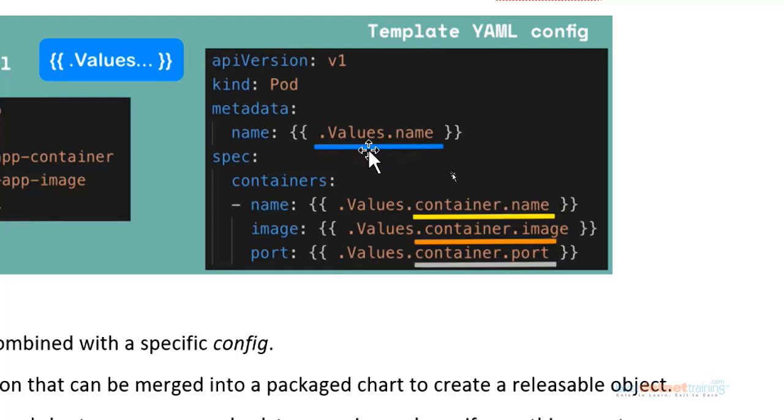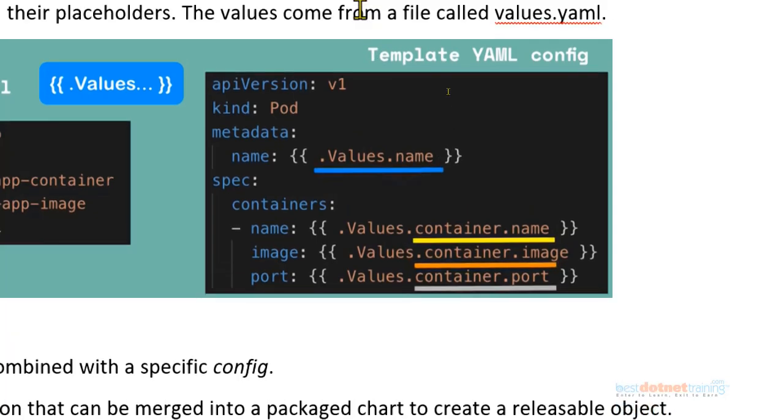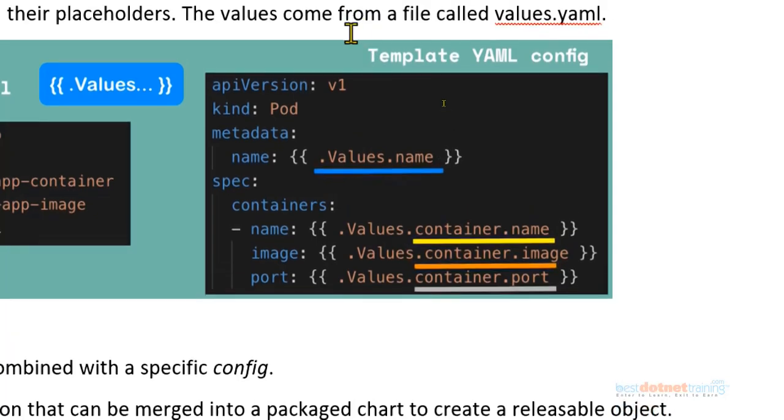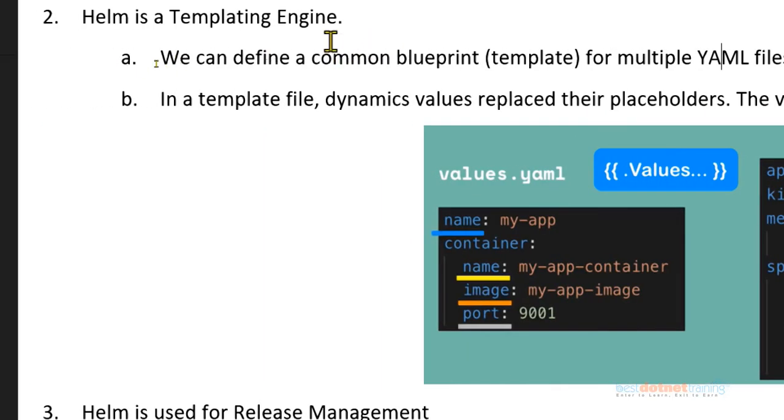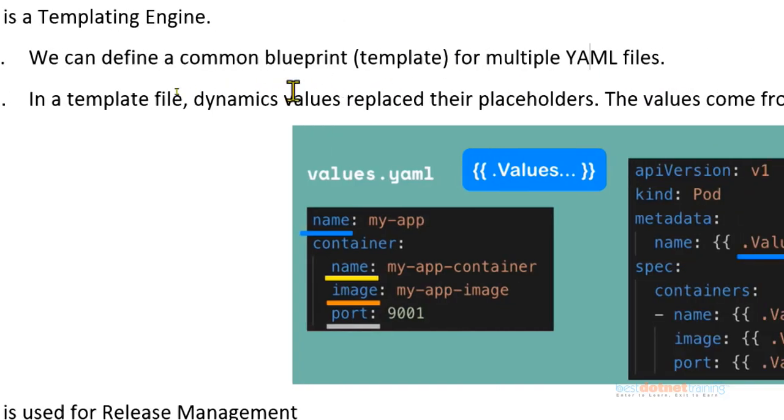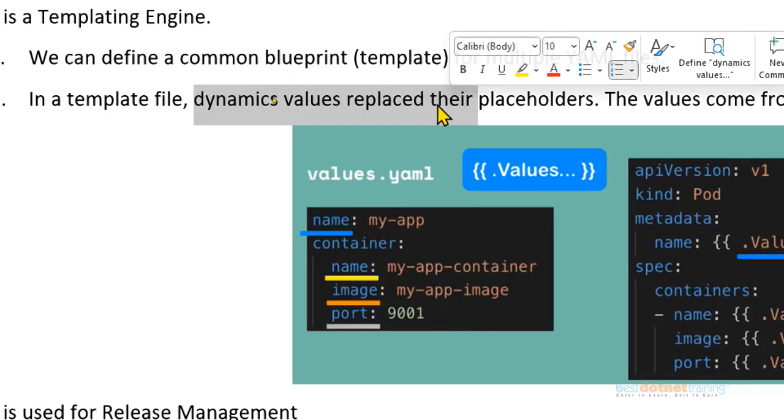Okay, so values will come from the values file. So it comes from values.name. Similarly, the container name, the container image name, the container port, where we wish to run the application and expose to the clients, isn't it? All these are the placeholders. So I can see there are 1, 2, 3, 4, I can see there are 4 placeholders. So this is just a template, and this is how you create a template in Helm. Because Helm basically is a templating engine by itself, right? So through that templating engine, we actually create a template, and the values will be specified in the values file.